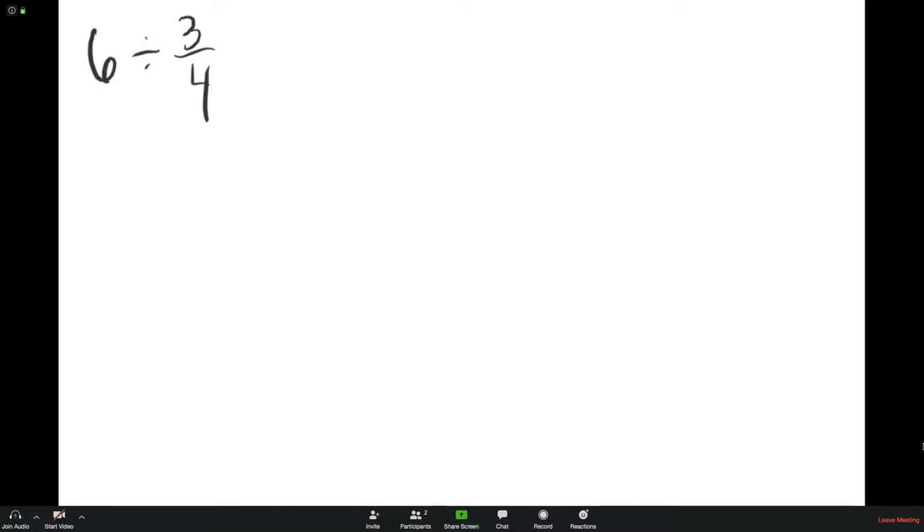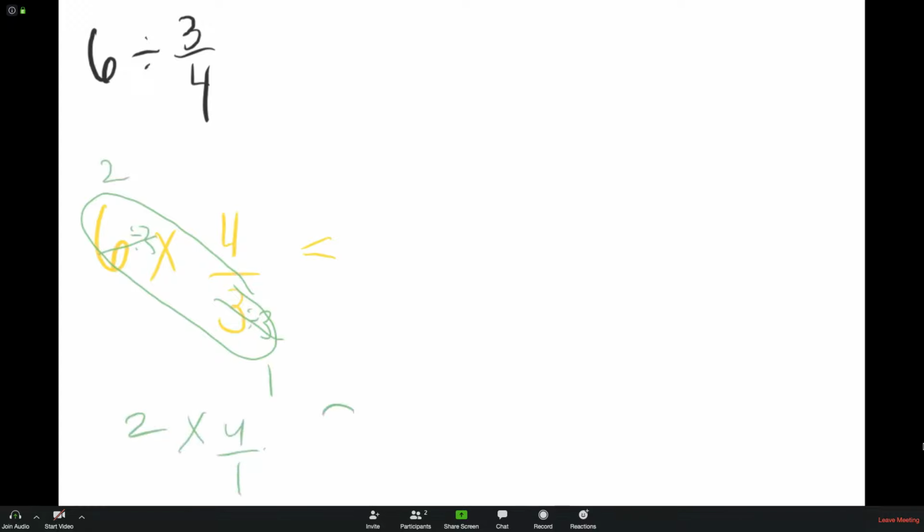Okay, we also have 6 divided by 3 over 4. So keep our first term, flip our second term, change division to multiplication, and then you can solve. So we can simplify first, if you like to do it that way, and then get 2 times 4 over 1, and it equals 8 over 1, or just 8,